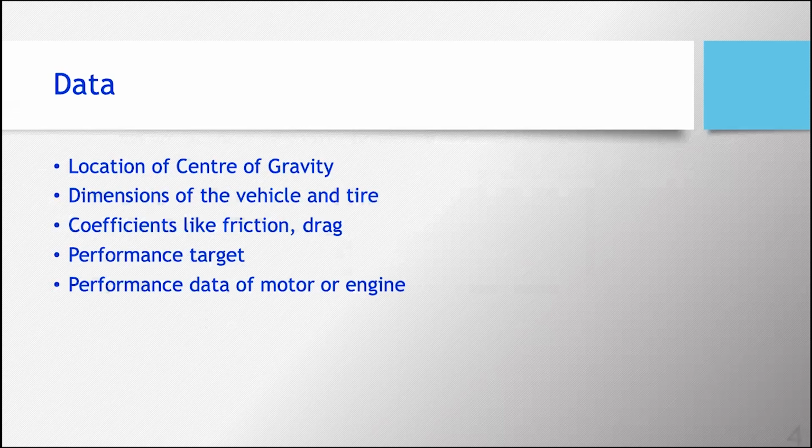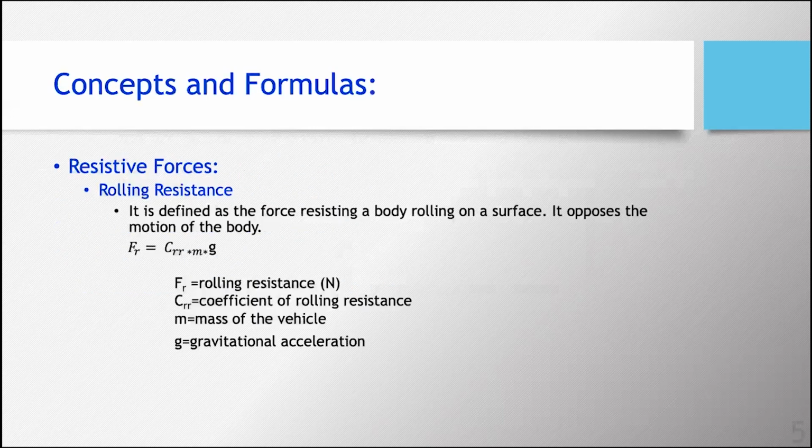vehicle. And the performance target, actually every vehicle has a performance target to reach, like the top speed should be like 100 kmph, and the acceleration should be this, and the braking distance should be like 25 meters and all. So I have taken the performance target data based on the previous project which I have done in my university, and I have used that data to make the calculations here.